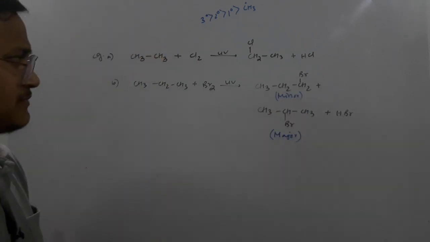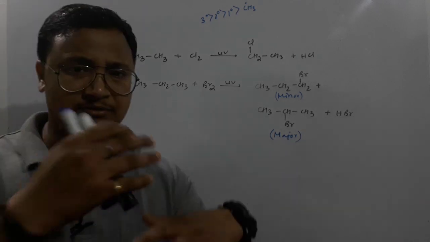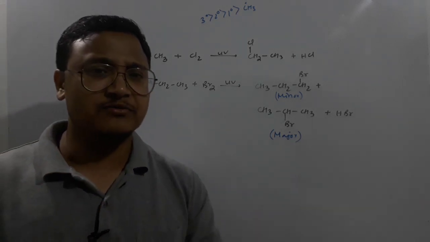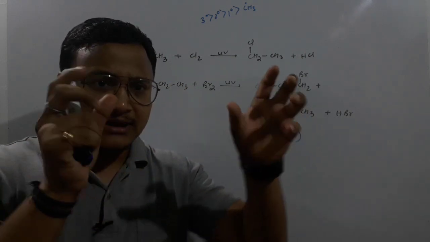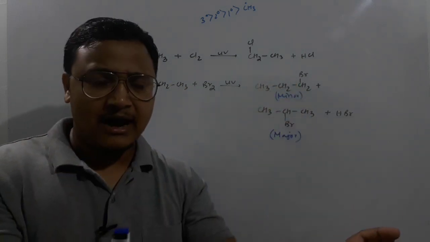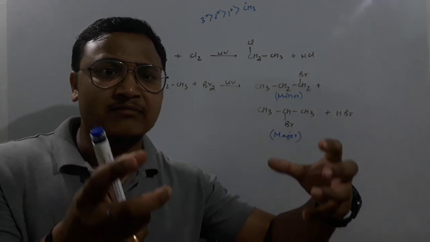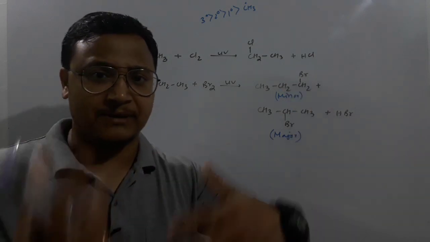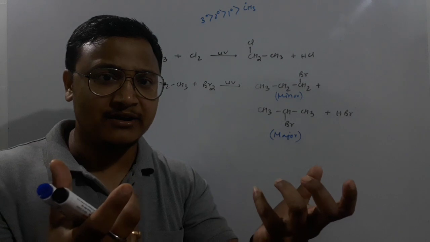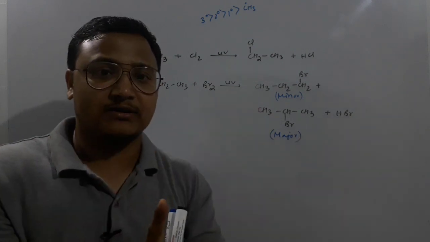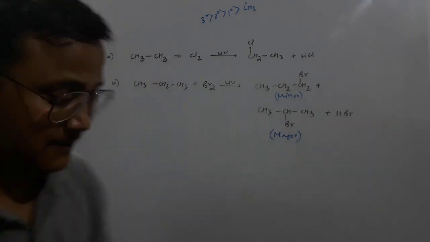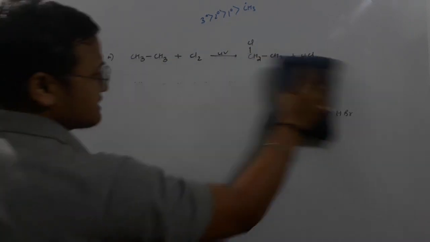Now look guys, if I provide another structure to you, you just have to think in your mind about the number of carbon atoms, and whether the environments of the carbons are different or the same. If they have the same environment, we will have the same isomer, so we will write only one product on that basis. Clear? So let's have another example here again.